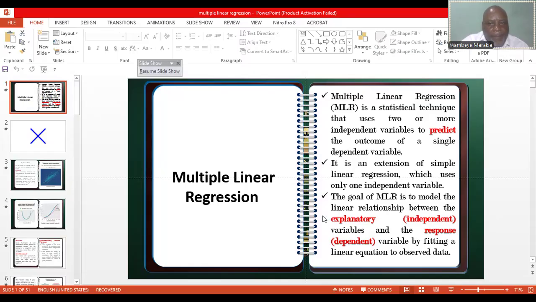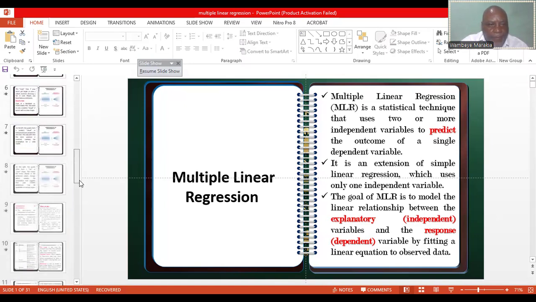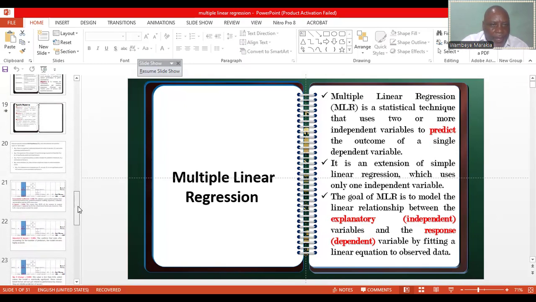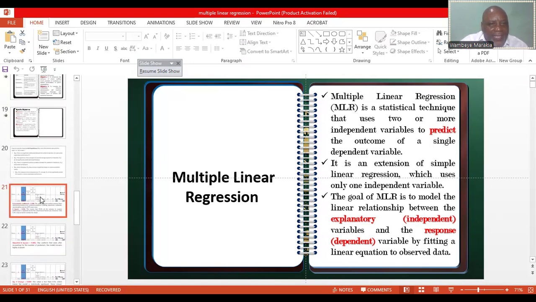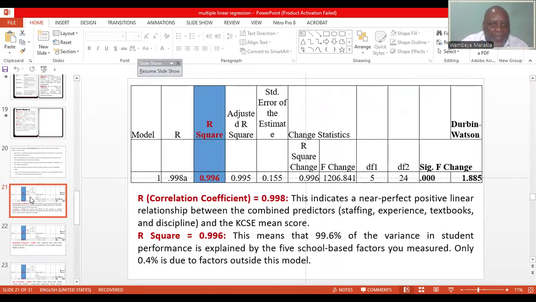So I'm going back to my data now, the one we were having at the beginning. So the first dialog box, or the first results we have,